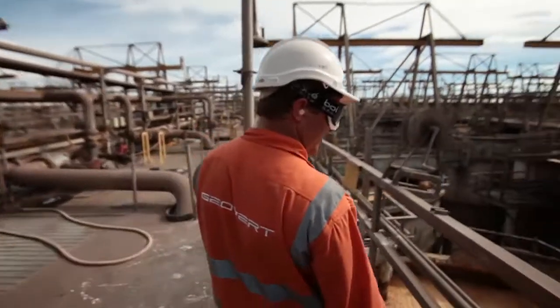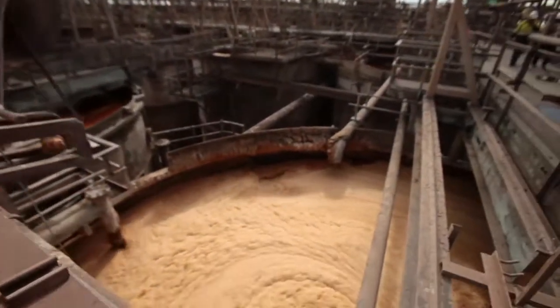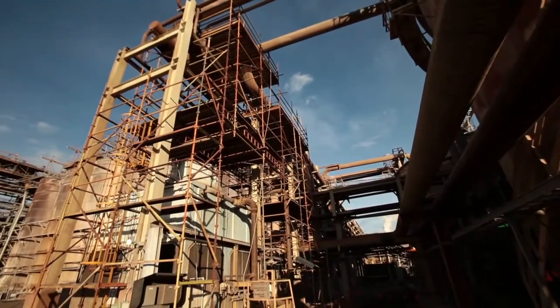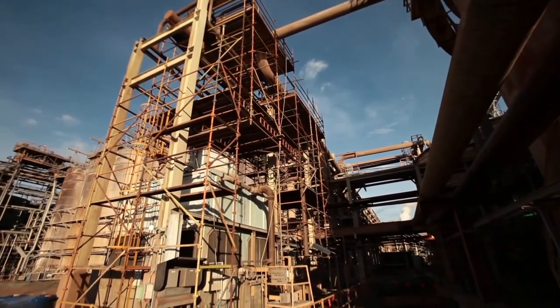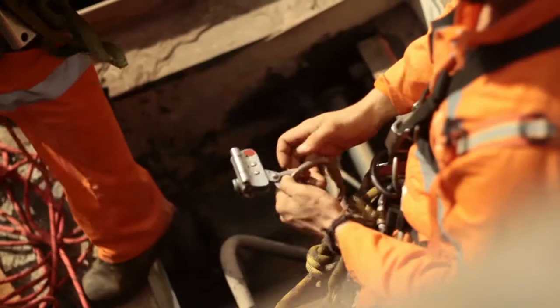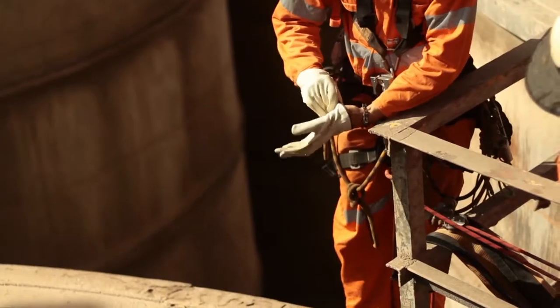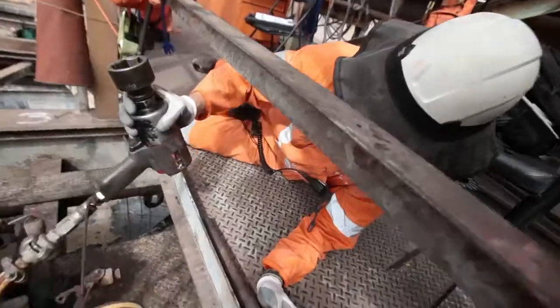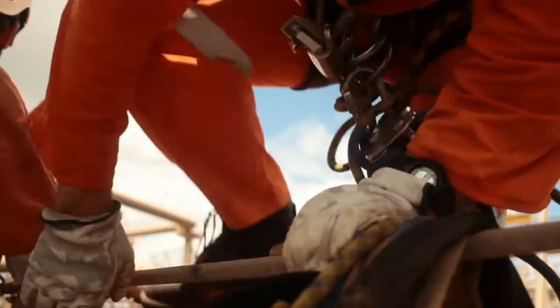And the main problem that QAL encounters in the precipitation tanks is erosion from the alumina slurry hydrate. In the past it took between 3 and 4 weeks to scaffold out the tanks. Geovert offer QAL an alternative to scaffold where we can gain access to the areas by rope access. With rope access we're able to turn around that process of being able to set up an access system. Rather than a 3 to 4 week time frame, we can be in within a matter of hours and assessing